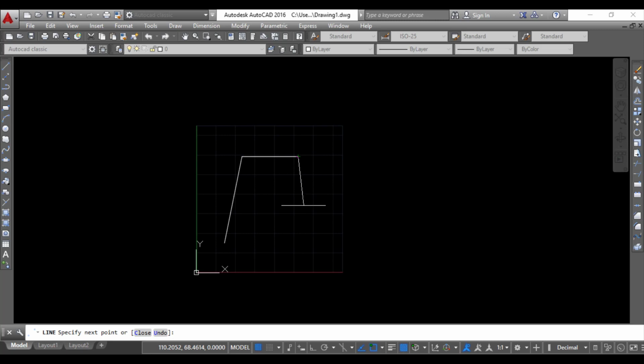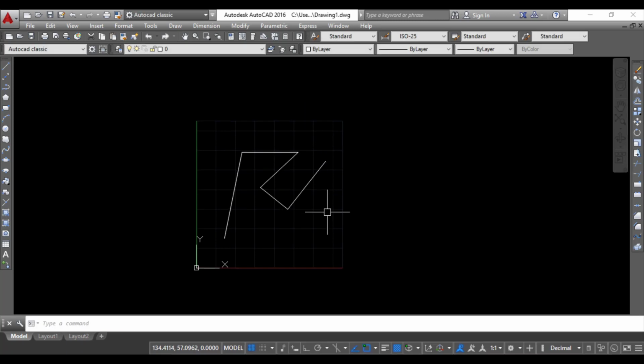So this limit command is for those beginners who are making mistakes in the X and Y axis, so we can use this one. Also, if I am going for the other point at the outside, you can see that the line is not executing the command. So this is the limits command in AutoCAD. We can activate it by typing limits and pressing enter.